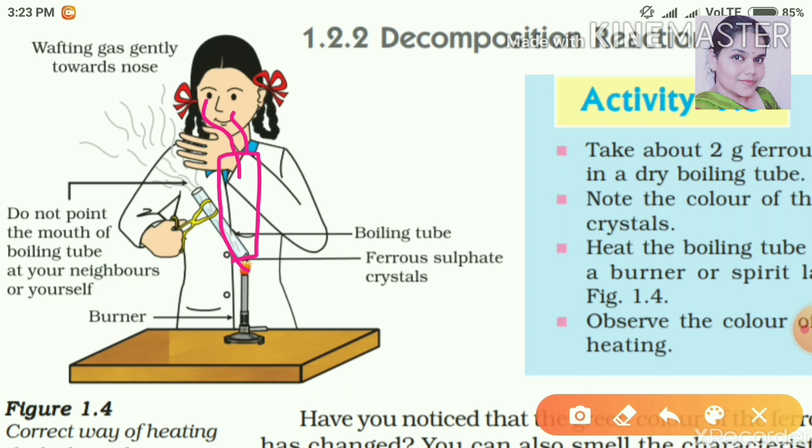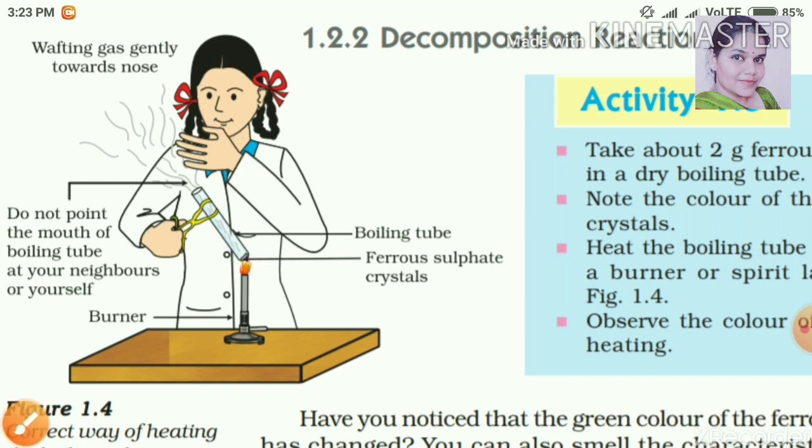or vapors of the gas which is coming out during boiling or heating are usually harmful. For example, sulfur dioxide gas is coming out, and you know that sulfur dioxide gas also causes acid rain. So these gases are harmful for us also. So note down that the correct way of holding a boiling tube or test tube during this experiment is to tilt it or bend it so that the fume is going from the side of your face.